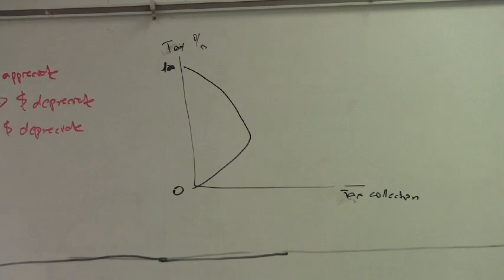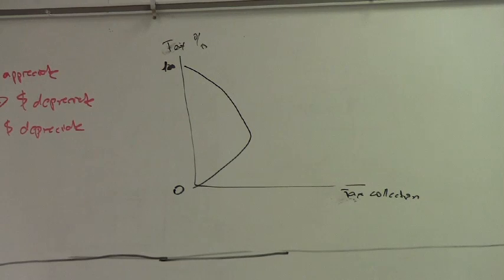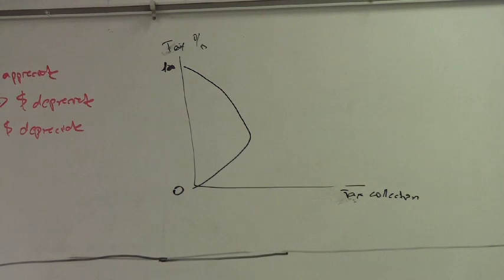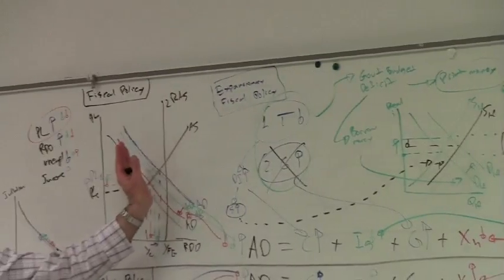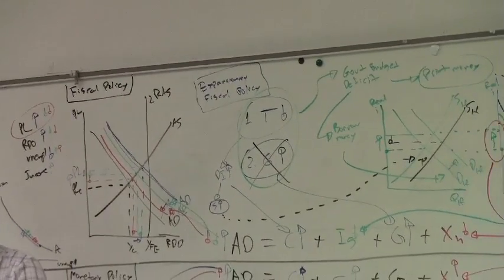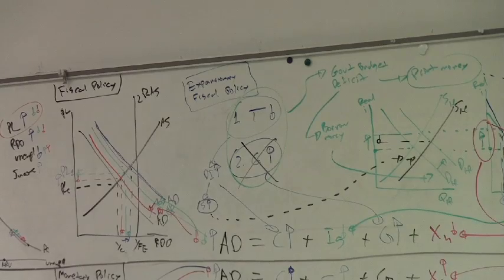Supply siders, when they look at this fiscal policy, say, look, if you're going to do this, don't increase government spending, just cut taxes. Because when you cut taxes, both aggregate demand is going to increase, yes, but also aggregate supply is going to increase because of those three assumptions that they have. Which is